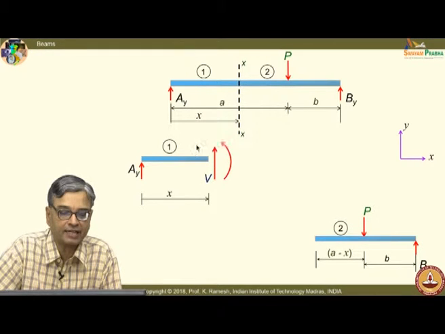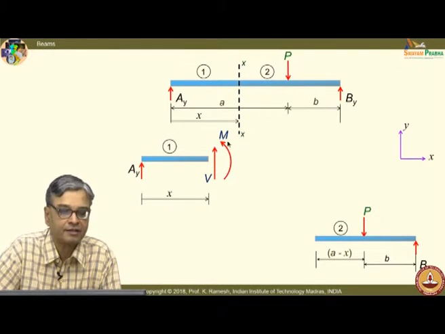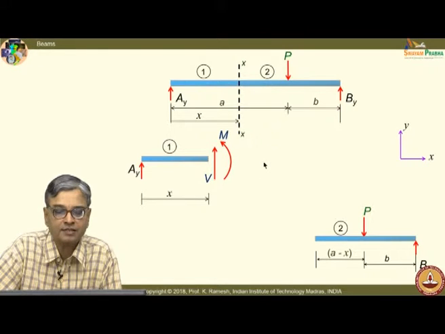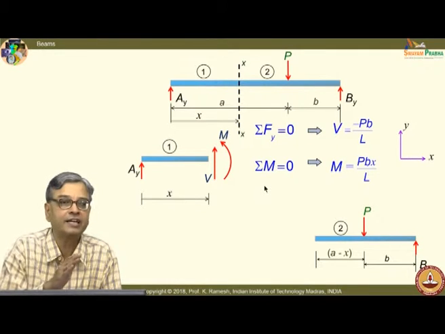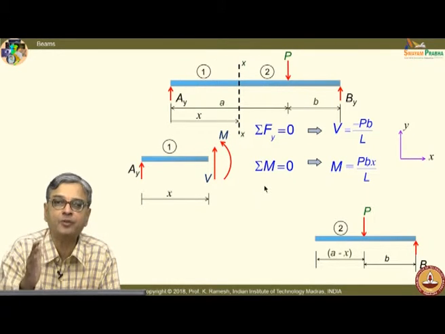Let me put the forces like this. Individually, this is quite all right. I do not know the value of V, I do not know the value of M. I put it in the positive direction to start with. And if I do this, I get the value of V as minus Pb by L. And if I put the moment equal to 0, I get M as Pbx by L. No issues about it. This only indicates my original direction of V is not correct, it should be reversed, because I said the mathematics will help you whether your direction is correct or wrong.